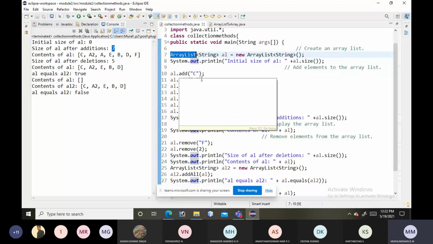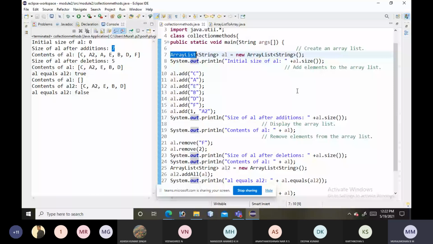Now this is one. Can we frame a question here? Explain how dynamic arrays can be achieved in Java programming, or how to use dynamic arrays in Java programming. By the use of the array list collection class, we can achieve the dynamic array concept.